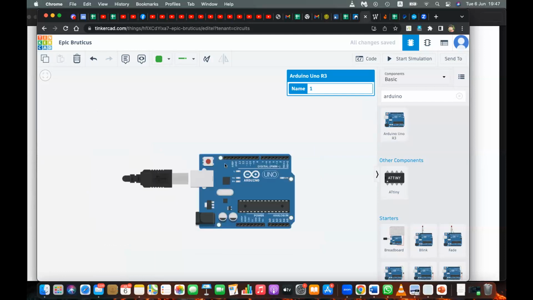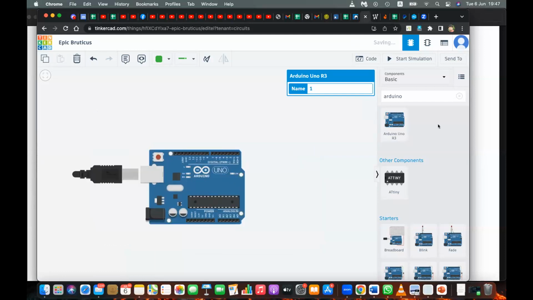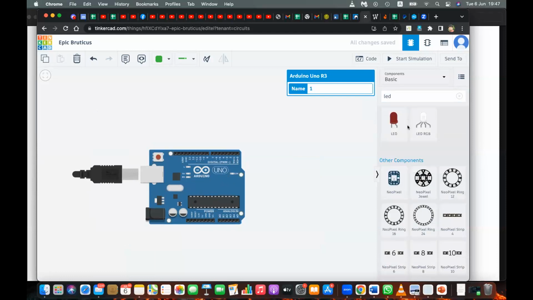But for the moment I just need to connect an LED. To do that, I will search for LED and take this small LED, and I will connect it. There's the long end and the short end. The long end is the anode, and the short end is the cathode. The long end is positive, the short end is negative.